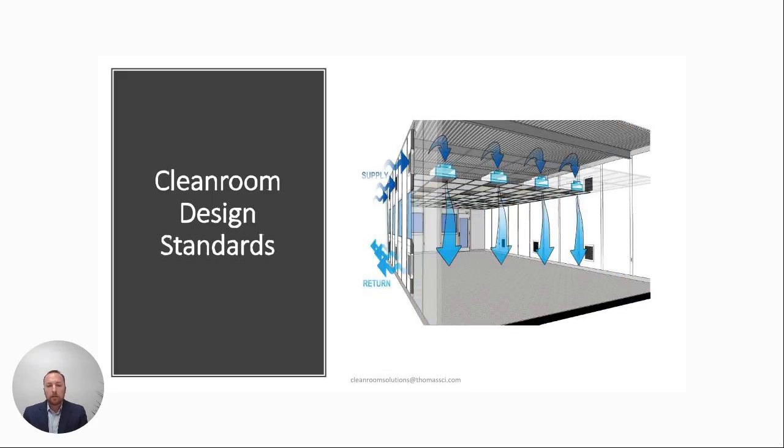Now, conversely, there's what we call the once-through airflow setup. And effectively, you can see in this diagram, there's the same type of ceiling plenum, but rather than being supplied by an air handler, we're pulling air in from the left from the ambient environment. That air is going still through our FFUs and HEPA filters and being pushed down into the room. And then it's being exhausted out in those same low wall return grills. But rather than being captured and recycled through a duct or double wall chase, we're exhausting back into the ambient